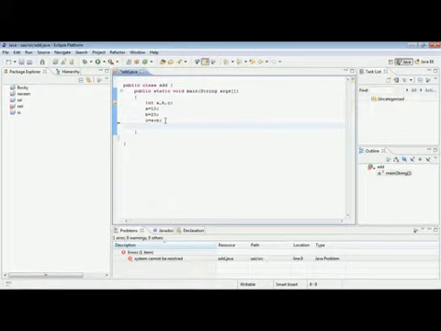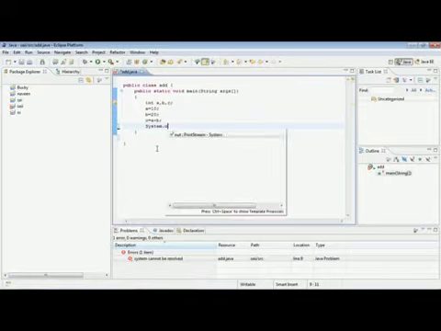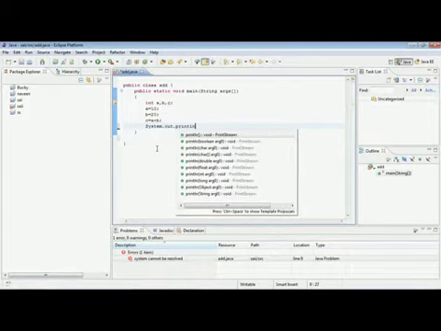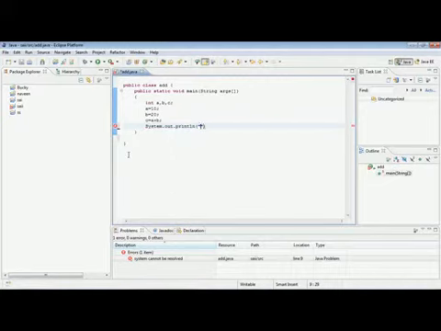Now to print the value of c, we will be using the notation which is new to you people. It is System dot out dot println, which means that system will be printing out the line which we are giving. Understand? So I want to print out this line: sum of a plus b is. So this will be printing on the console.